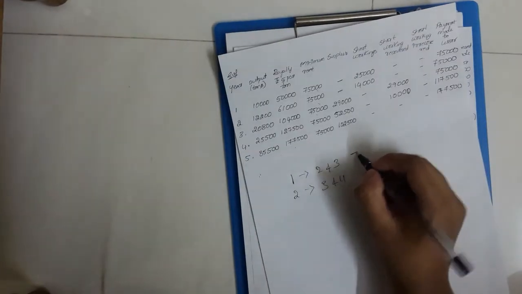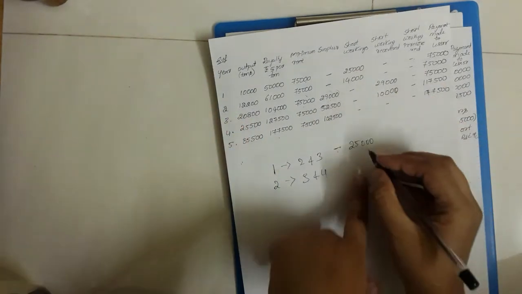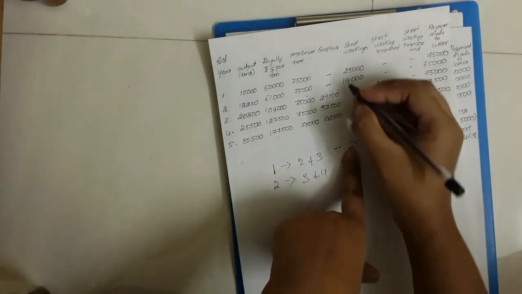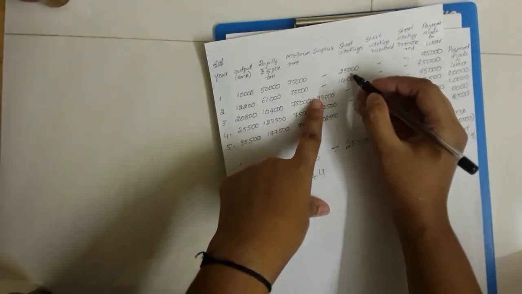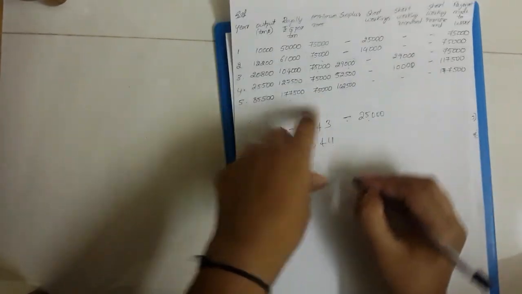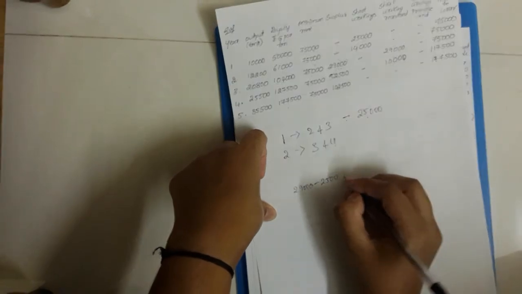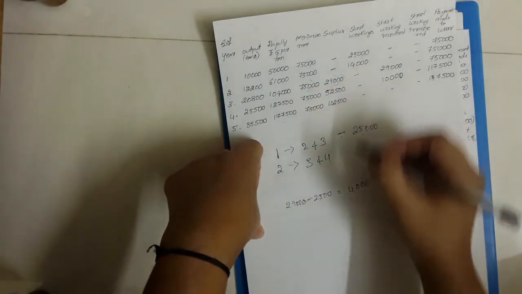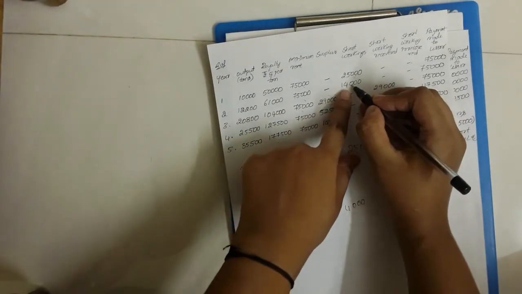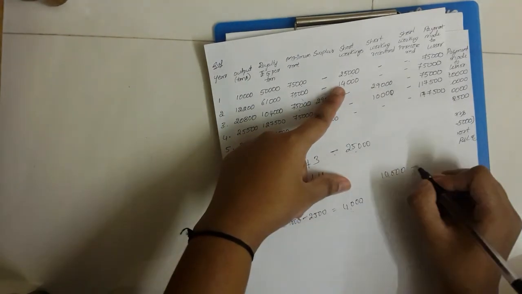In the first year I have 25,000 of short workings, right? In the third year I have 29,000 of surplus. From this 29,000 I will first pay 25,000 of the first year short workings. Out of the 29,000 I pay 25,000 rupees. Now the remaining 4,000 will be there. What will I do with this 4,000? I will pay for the second year also. Out of this 14,000 I will pay 4,000 rupees now.